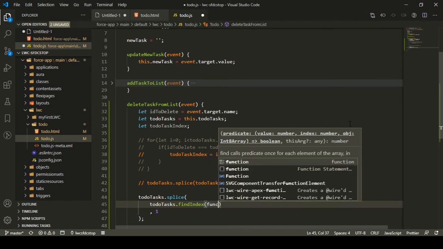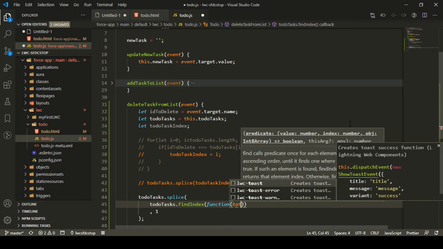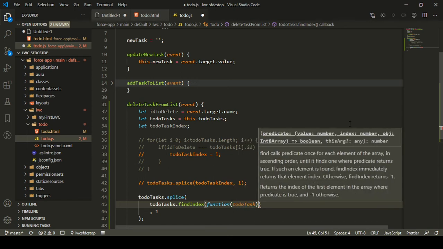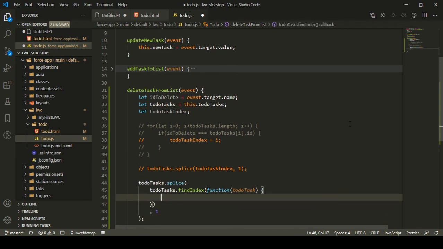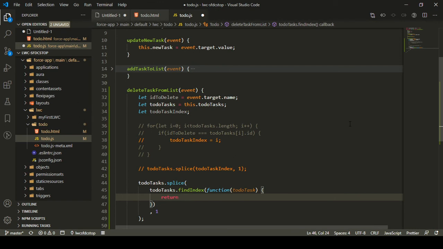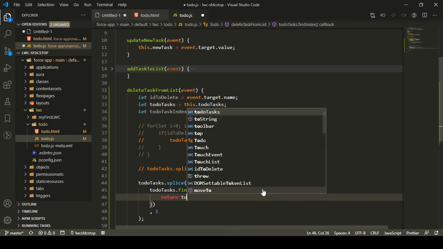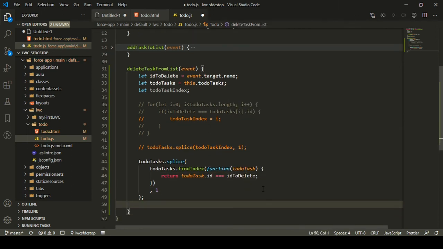Let me define a function here, and this function will receive each todoTask one by one, and I need to return the index of that particular todoTask which has an ID of my idToDelete. So I'll be returning the todoTask which has an ID equal to idToDelete, right? Let me save this and see if it is working, and then I'll explain the code.